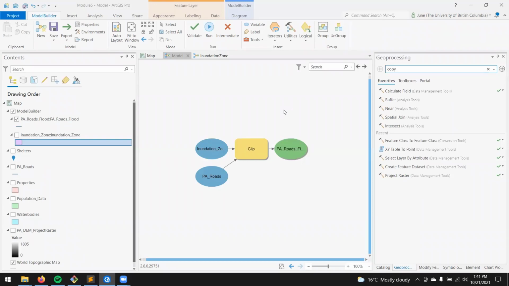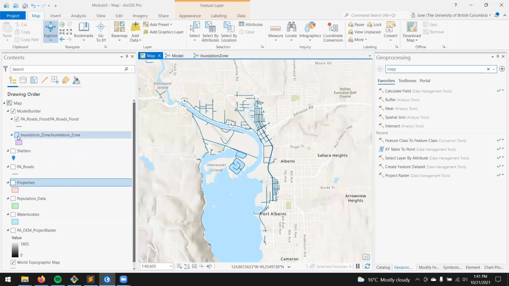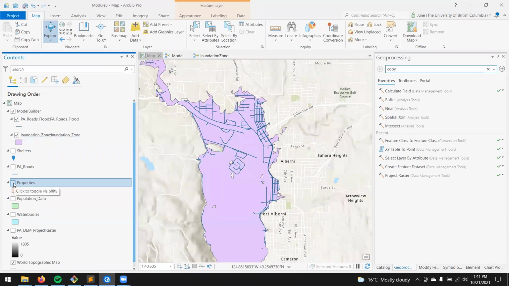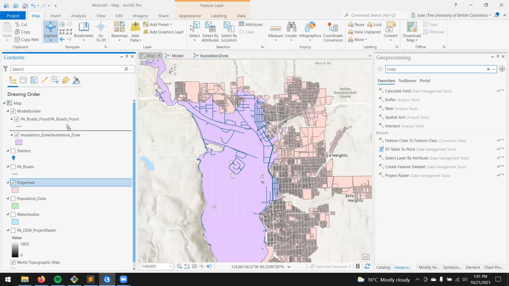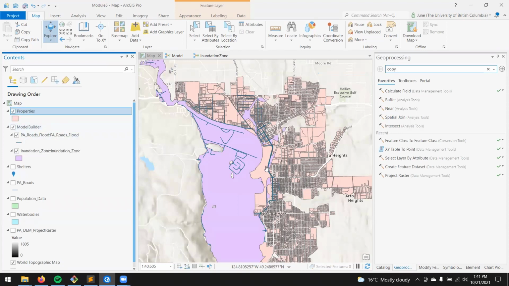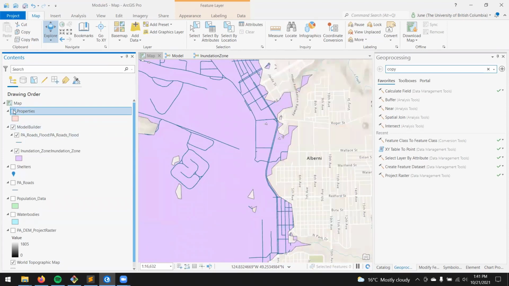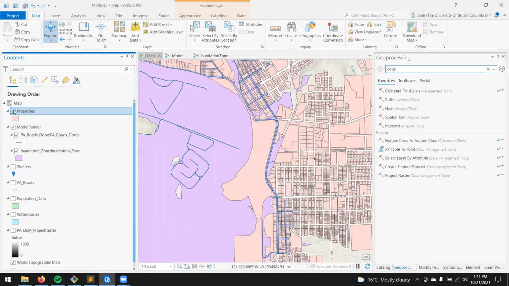Our next step is to find the properties that are at risk. So if we go back to the map, we can turn on the inundation zone. We can turn on the properties. I'll drag the properties above and just turn it on and off real quick. Now we can see that